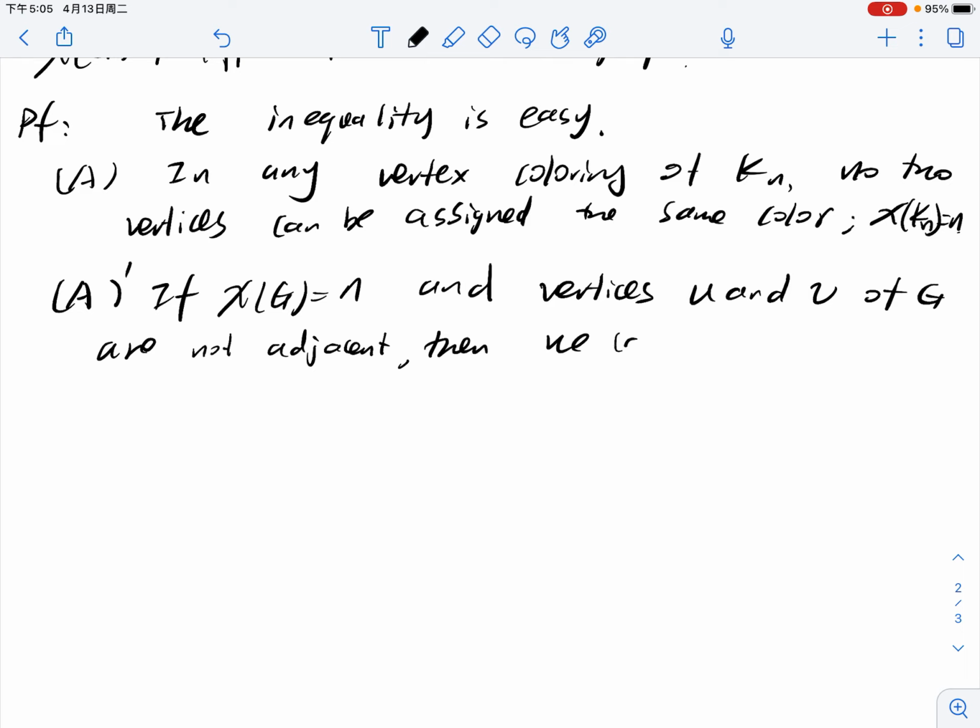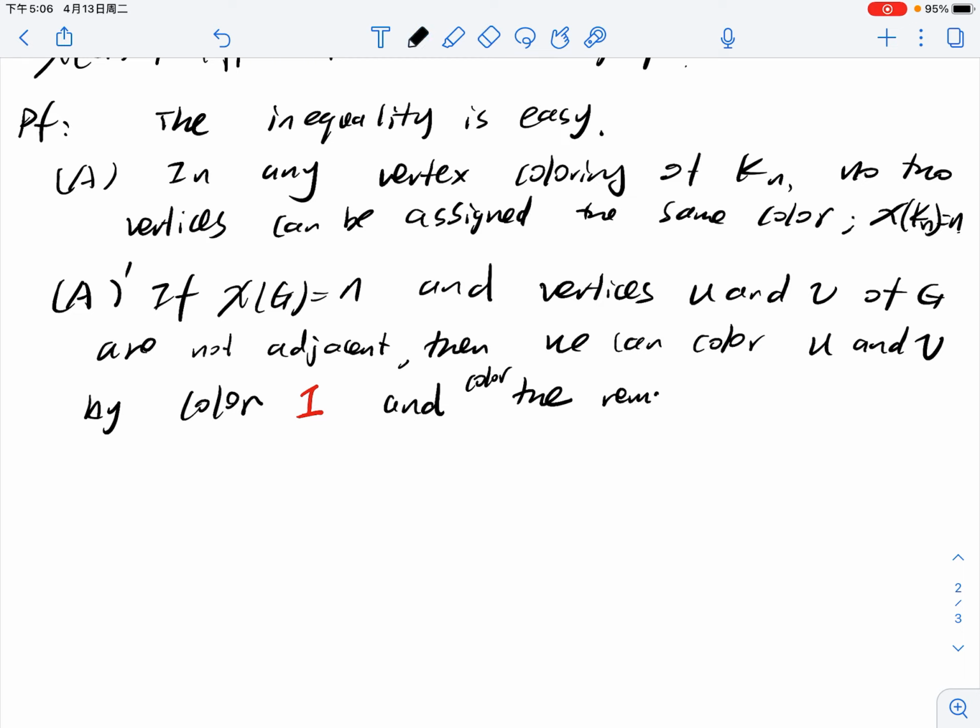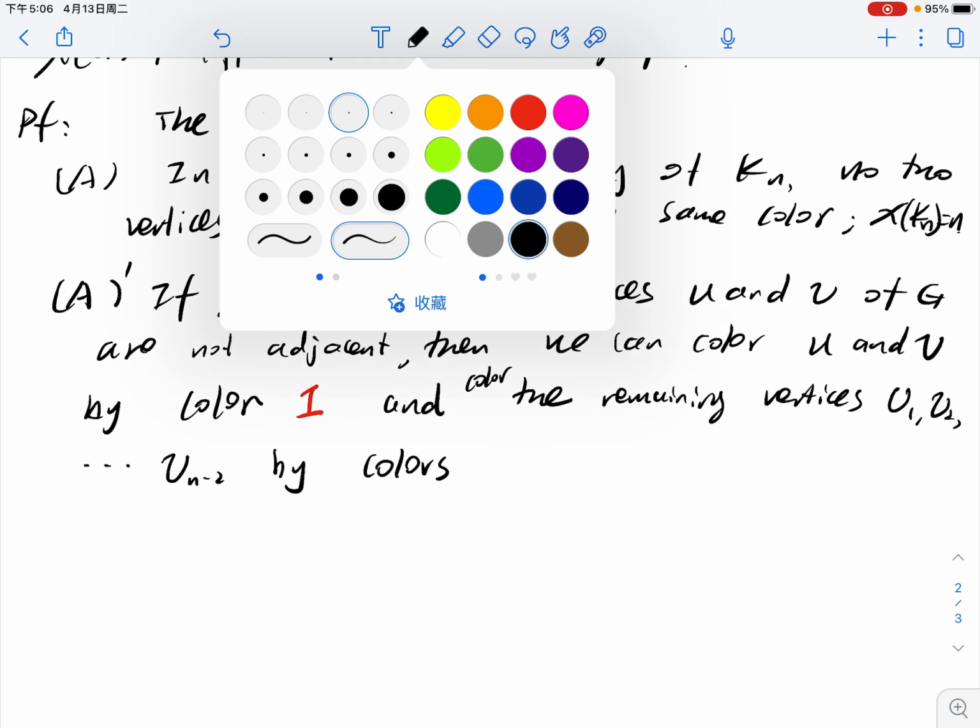Then we can color u and v by color 1, and color the remaining vertices v1, v2, all the way to v n minus 2 by colors 2, 3,